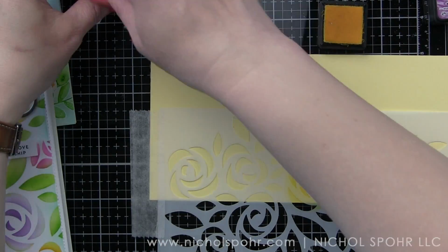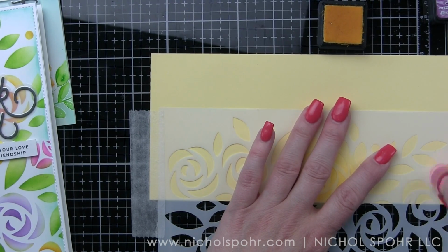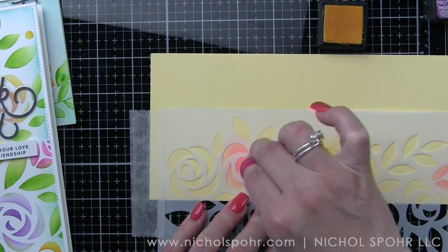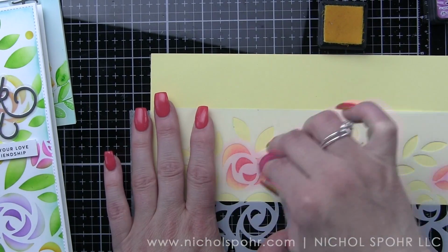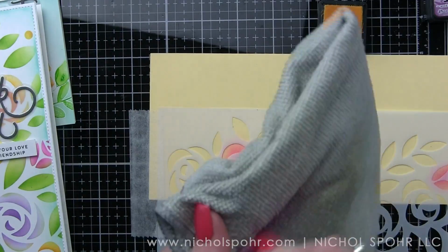I am not going to be inking any edges of my envelope, however, but we are going to do these flowers. And I purposely didn't do it all over the envelope. That way I still have quite a bit of room up above to write the address. And the colors look a little bit different on a colorful